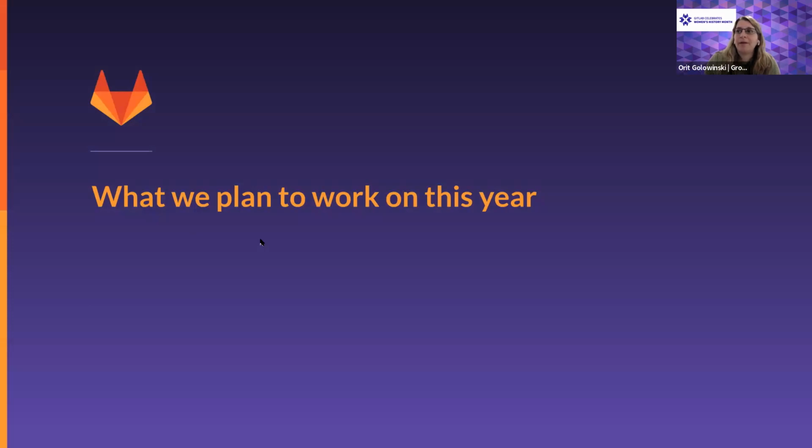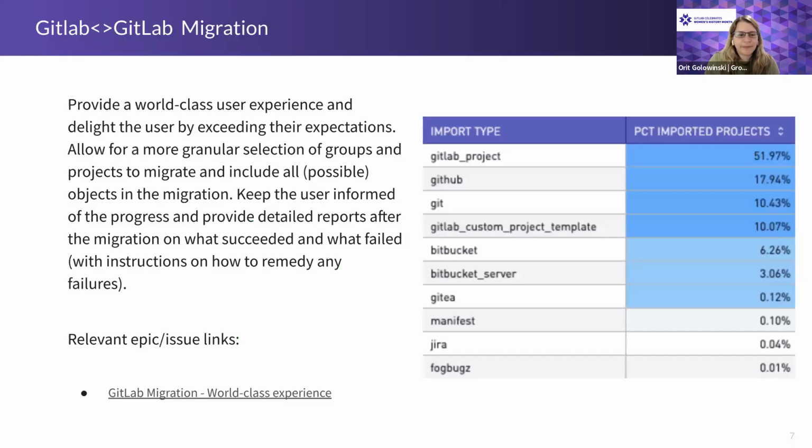So what do we plan to work on this year? We really are focused on two different importers this year, and that's the GitLab to GitLab migration and the GitHub migration. But specifically, let's start with the GitLab migration. If you see here, I posted the popularity of our importers taken from this last month's data, and you can see that